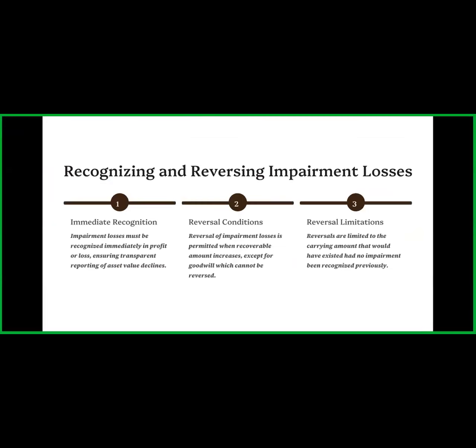Okay, so how much loss the company is facing must be clearly mentioned. Or the reversal condition, that is, the reversal of impairment losses is permitted when the recoverable amount increases, except for goodwill, which cannot be reversed. Okay, in some cases it might be seen that